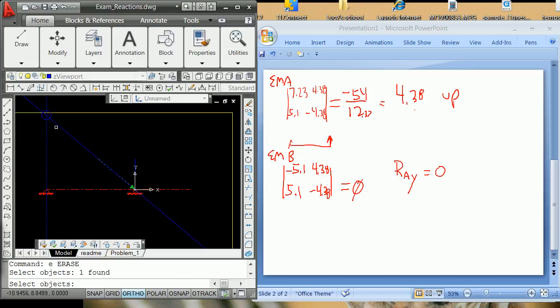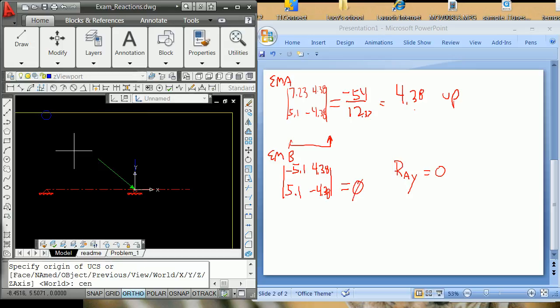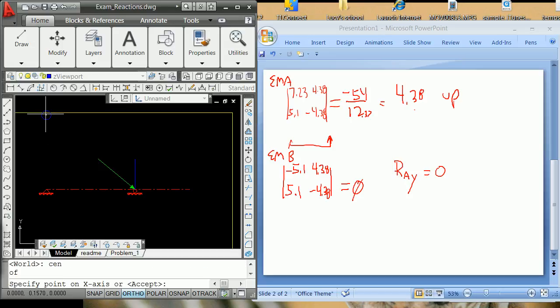I can get rid of my lines of force, and what we have here, remember we solved for this, and if this is 4.38 times, this is the moment arm distance, and so you can do any number of things. Realistically, you can do this, UCS, center of that, and then hit an enter, and now your UCS, ID, center of this. You could say, now doing again,